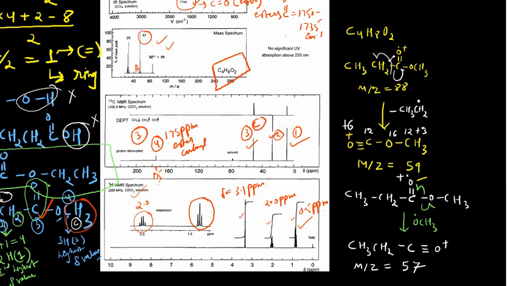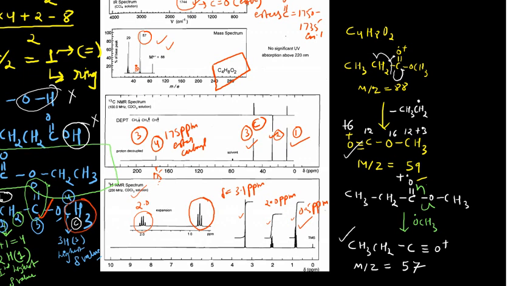And why is it the base peak? Because you see here, this particular fragment is more stable than this particular fragment, right? And that's why the possibility of this particular ion reaching the detector would be more, and it should be more stable, right?